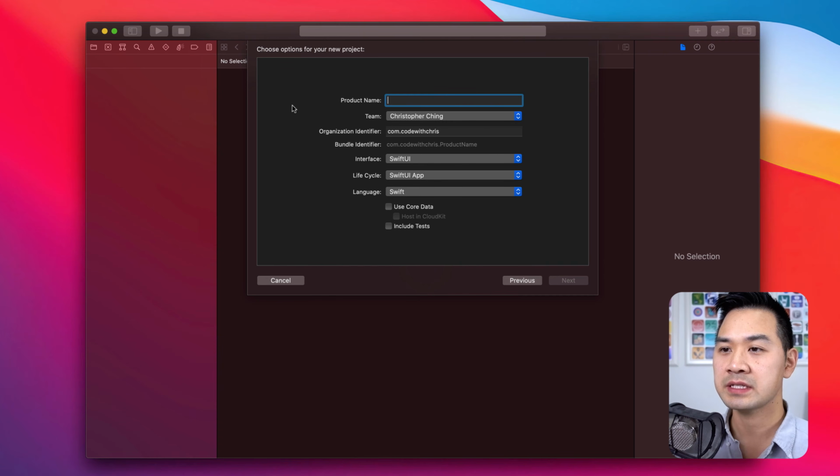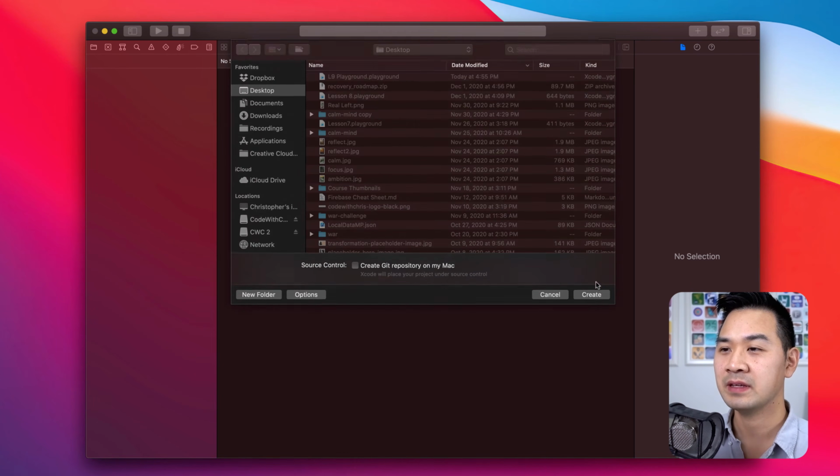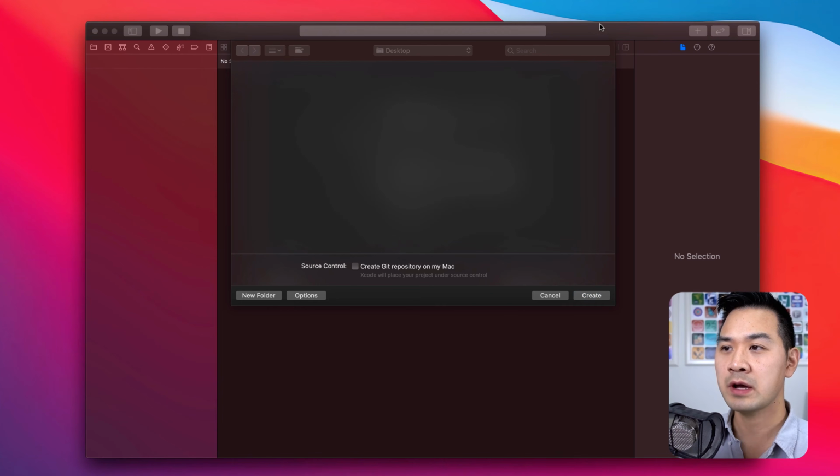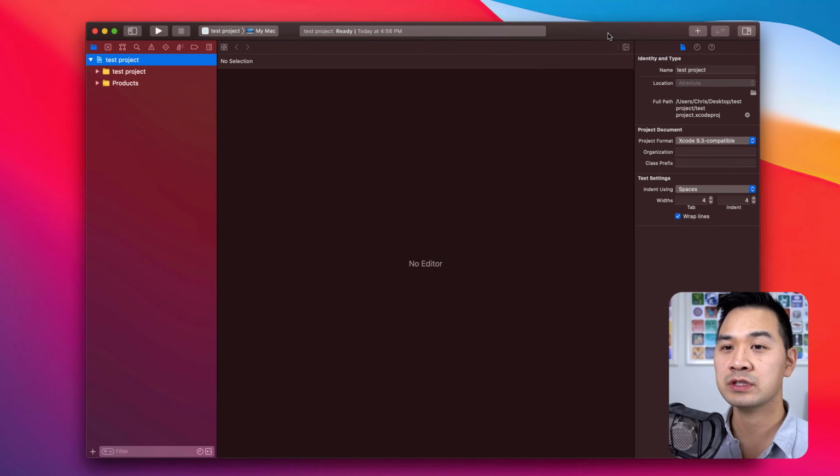I'm just gonna name this test project and make sure that interface is SwiftUI and lifecycle is SwiftUI app, language is Swift, and we're good to go. So I'm just gonna save this on the desktop, and we're gonna first jump into